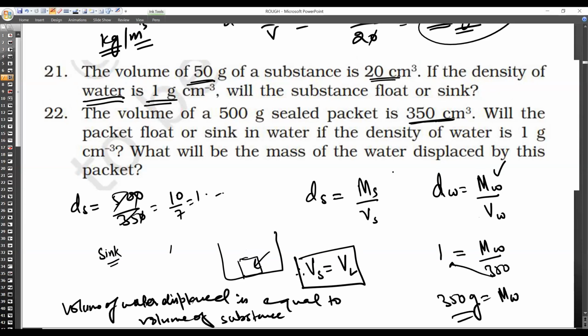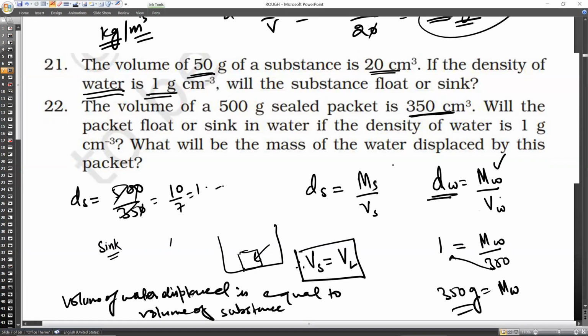I'm writing here density of water, then mass of water, then volume of water. The density of water is 1, I write here 1. Mass of